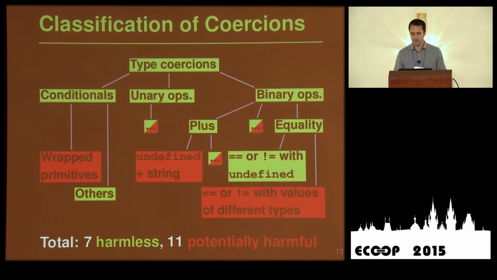Yeah, so if you compare something with undefined or null, we classify it as likely harmless, because that's something that happens very often. And we don't think it's a problem because developers know what they do. So we only classify it as potentially harmful if it's two different types, but none of them is undefined or null. So did you find any?